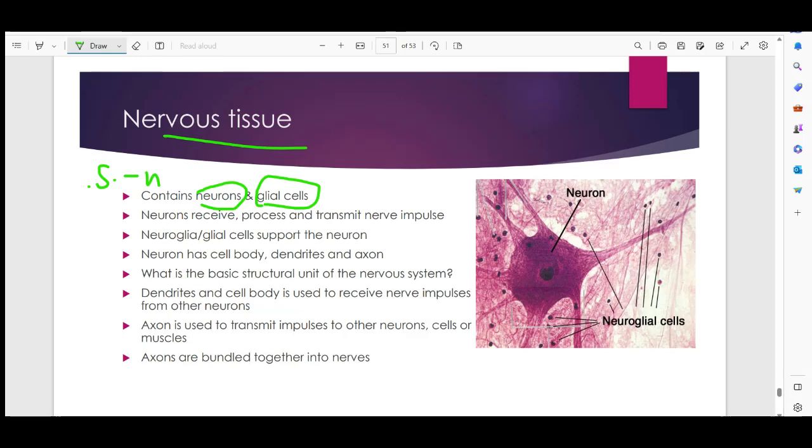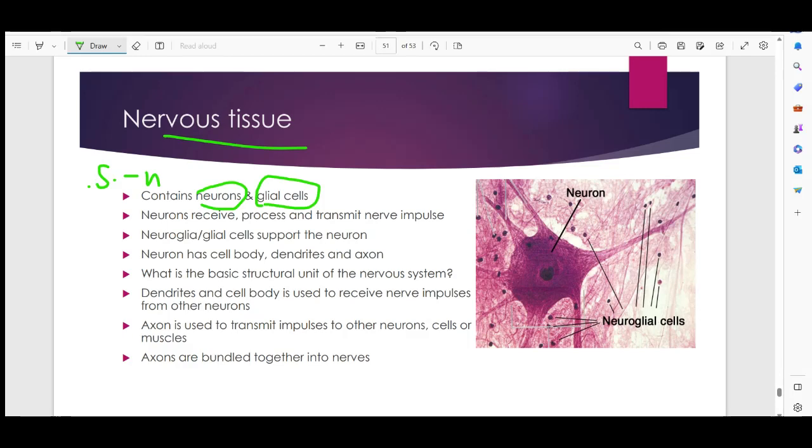When we go to the neuron, generally in the resource book they have mentioned the motor neuron, and the diagram is present in the resource book. I hope you have the resource book with you. So it is the motor neuron. When we talk about neurons, we consider the motor neuron as the typical one. Okay,